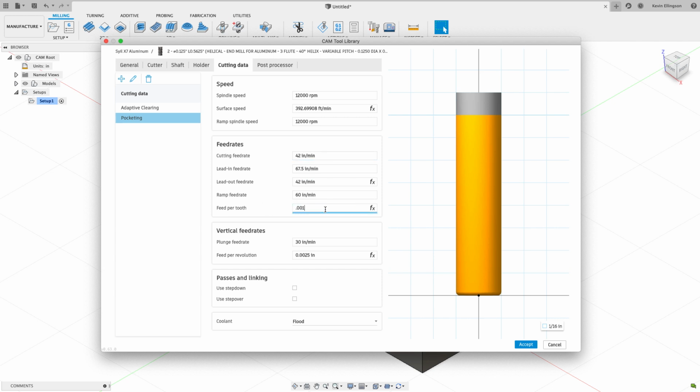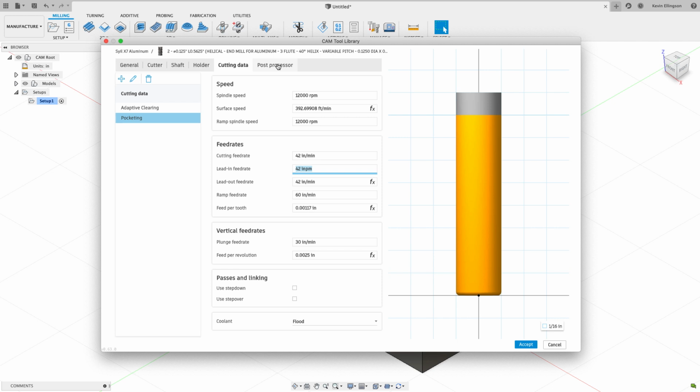So I want 42 inches per minute, and then I want an inch per tooth of 0.0012. And you can see that starts to change my cutting feed rates. So in this case, maybe I'm a little on the fast side according to the website. So let's go back and change that back to 42. I'm sorry, I want this one to be 42. And there we go. It comes out to be 0.00117, and they want a 0.0012, which pretty much rounds up to the same thing. We could change some of these other feed rates in here as well, but I think you get the idea. So I've got my cutting data for my pocketing,